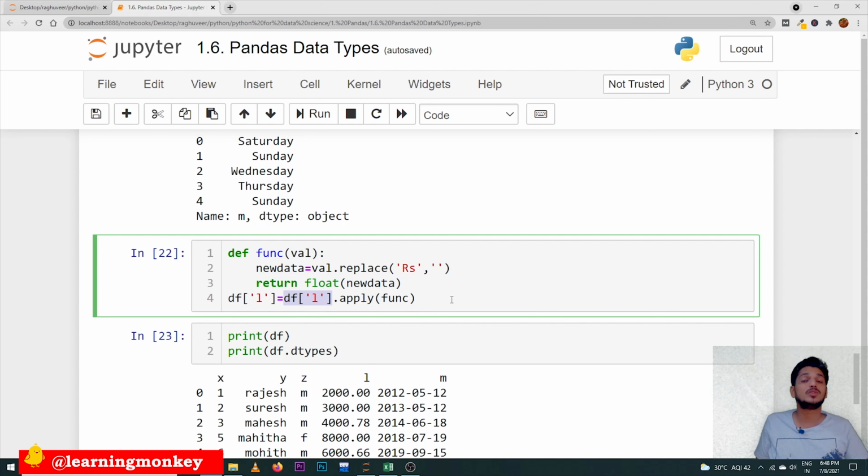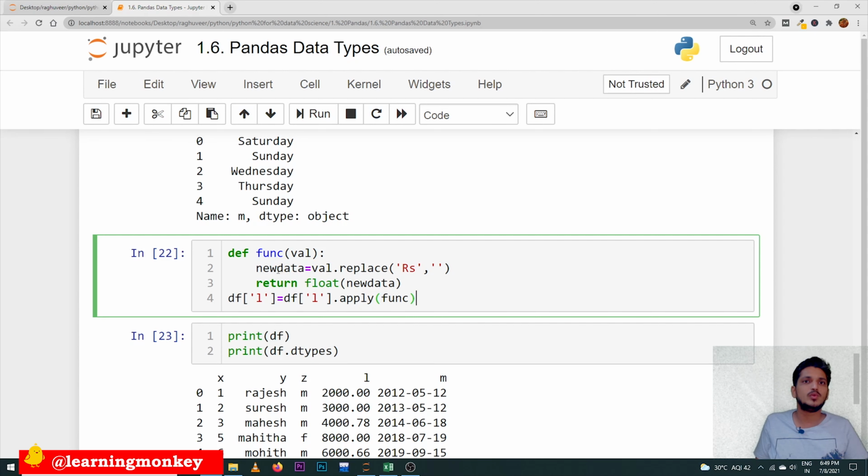This is similar to the functions in our basic Python. What are the functions we have discussed today? Map, filter, the same way it will apply. The apply function takes the values one by one, whatever values are present in the column, and sends each to the function. The return value is considered.